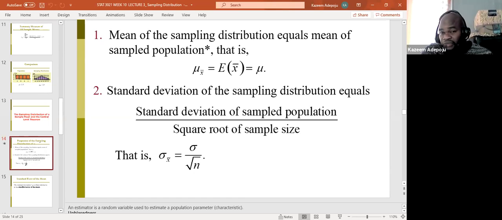But no matter how perfect a model is, there is going to be what we call error, an unexplained variation. It is not everything about a life situation that the model we are trying to use can explain. There is always going to be an unexplained variation. I think you get it now. What we are trying to do is to see how we can minimize this unexplained variation, but no matter how we try, it can never be zero.